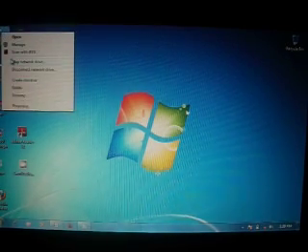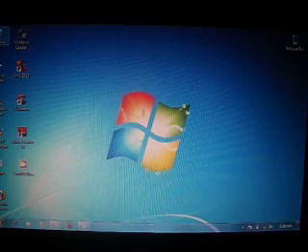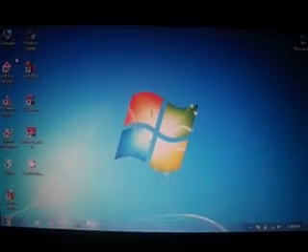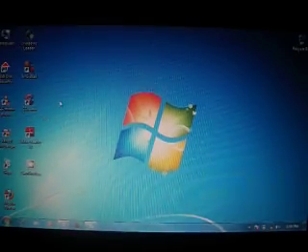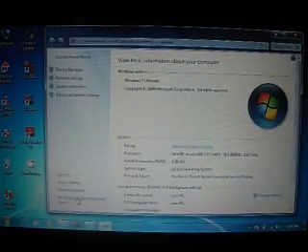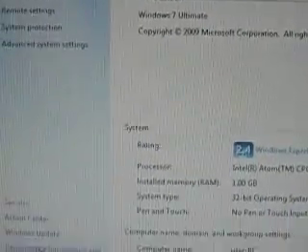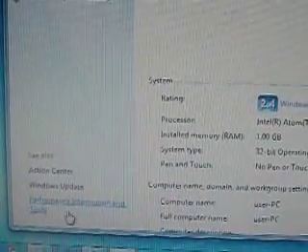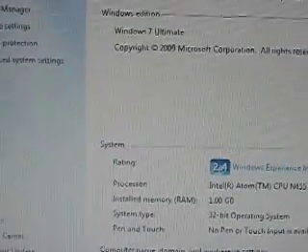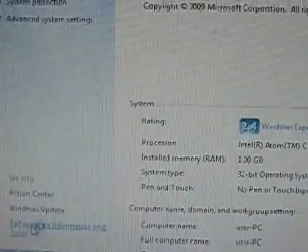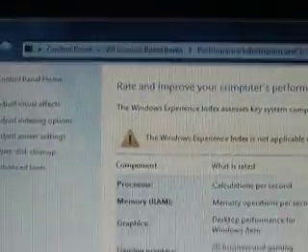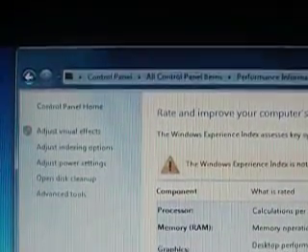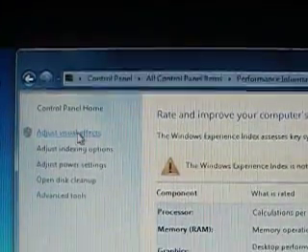right click on your computer icon and click Properties. Do you see Performance Information and Tools? Then click Adjust Visual Effects.